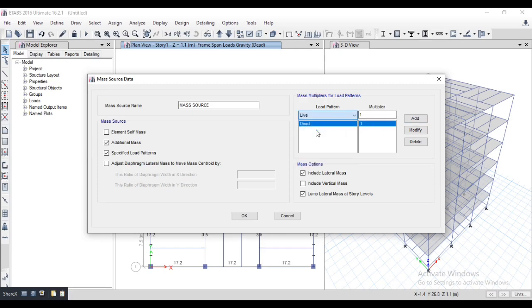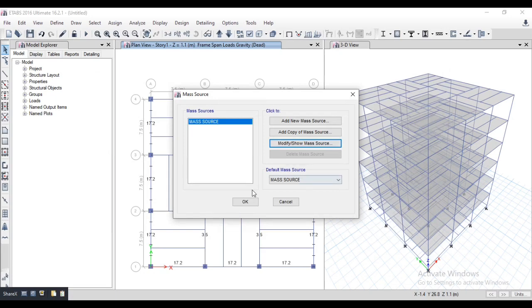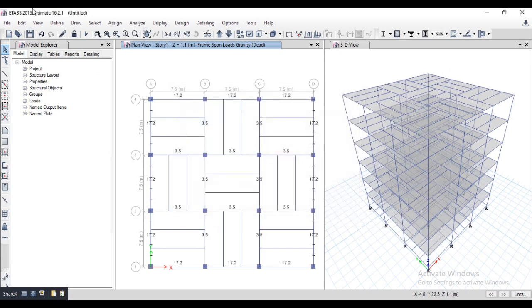We are taking 50% of live load above 3 kilonewton, and below 3 kilonewton we take 25% of live load. Here the live load is 4 kilonewton, so I am taking 0.5 and add. Mass source is successfully assigned.